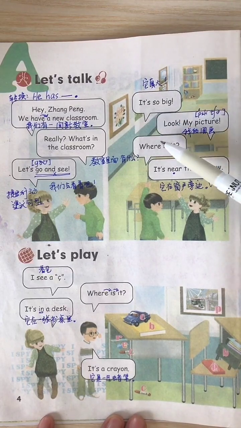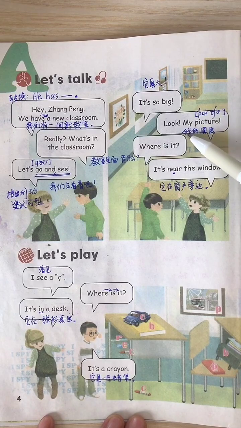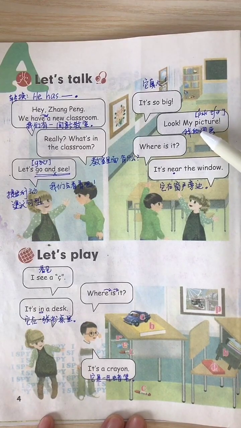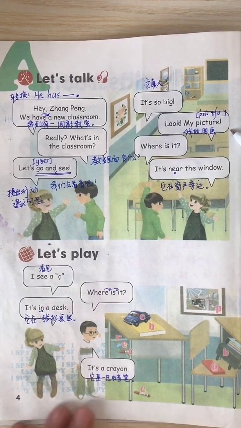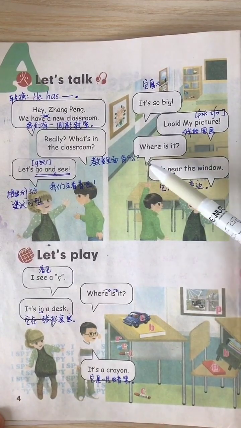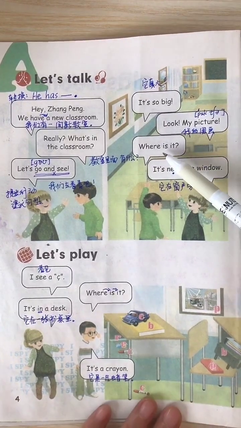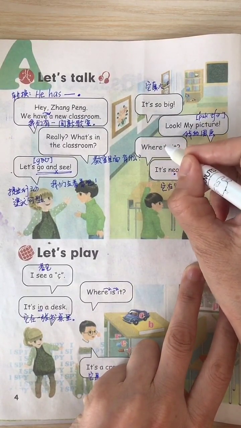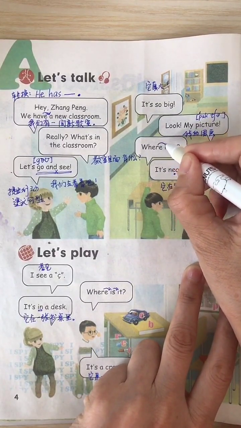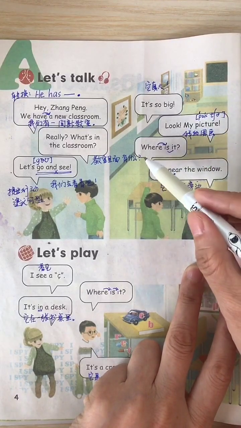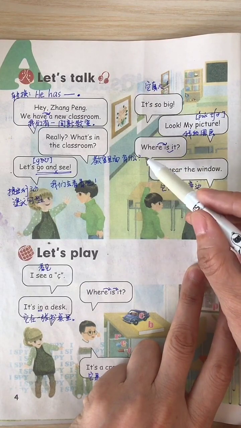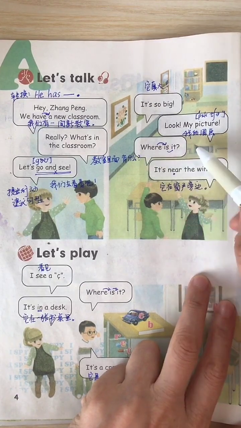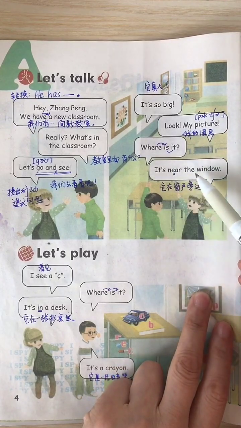它真大呀。Look 看 my picture. Picture. Look, my picture. 看我的图画。Where is it? 它在哪儿？